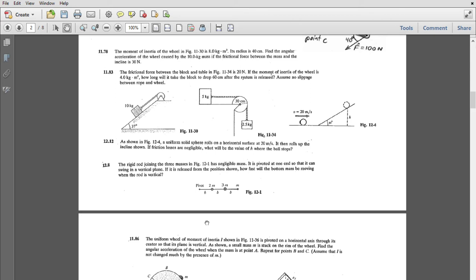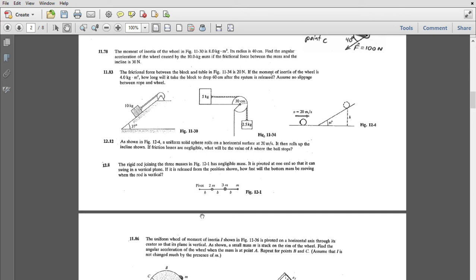And delta KE in this case is just the change in 1/2 I omega squared. We don't use the 1/2 m v center of mass squared in this case because the object is rotating around a fixed pivot. Remember, we only use the two kinetic energy terms added together, like in this case up here, where an object is rotating about its center of mass and its center of mass is moving. Here we've got an object rigidly rotating about a pivot, so we just use 1/2 I omega squared for kinetic energy. And initial kinetic energy is 0, so we're going to have a 1/2 I omega final squared